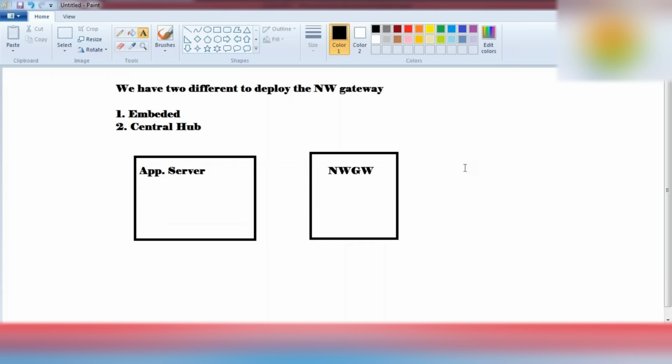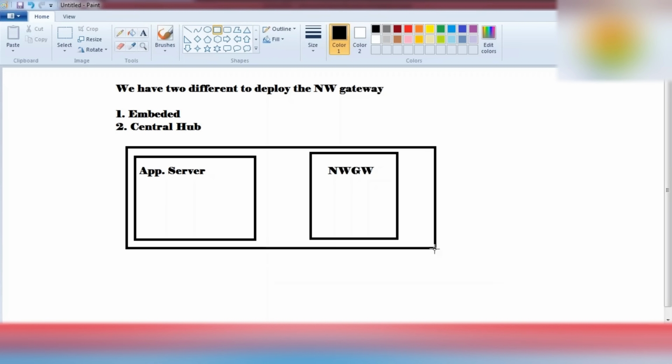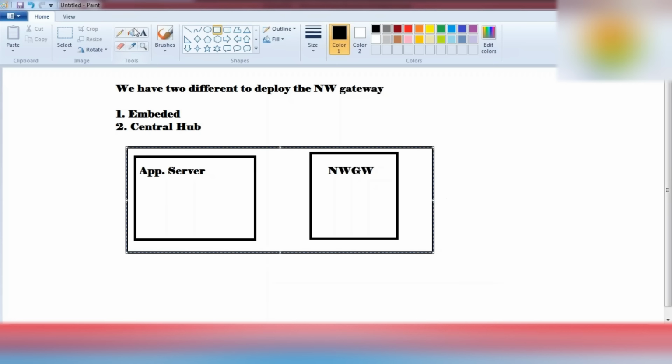So that's why they prefer to deploy NetWeaver Gateway as a separate server, and this we call the central hub deployment option.